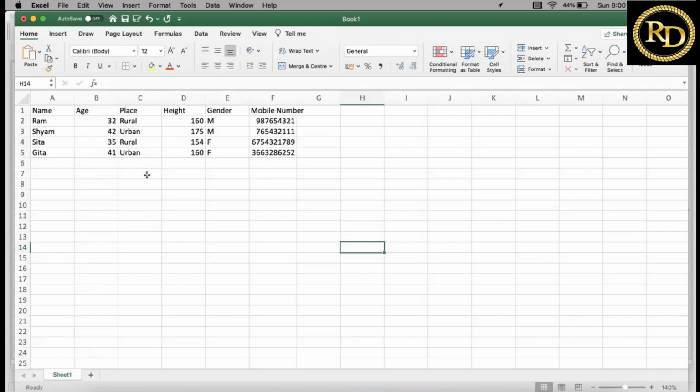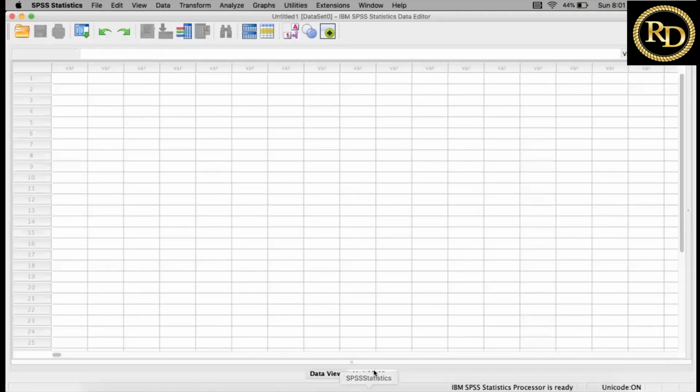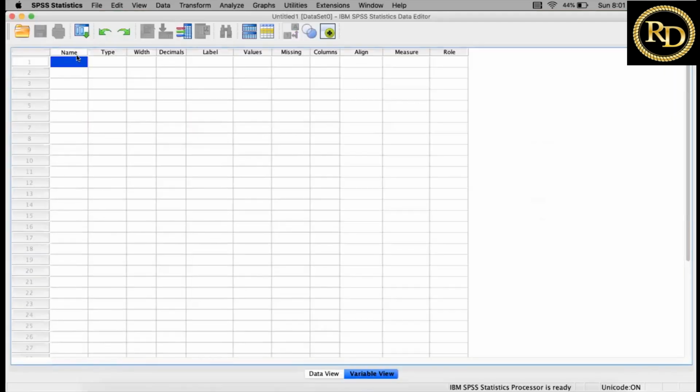Now, if we want to enter the same data set into SPSS, what do we have to take care of? We have to take care of all these variables. The first variable is name. Whether it is a nominal variable, ordinal variable, or metric variable, what kind of variable is it? It will be a nominal variable. So I will open my SPSS and go into the variable view, and the name of the first variable is name.